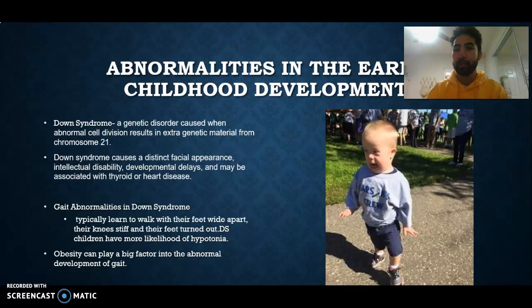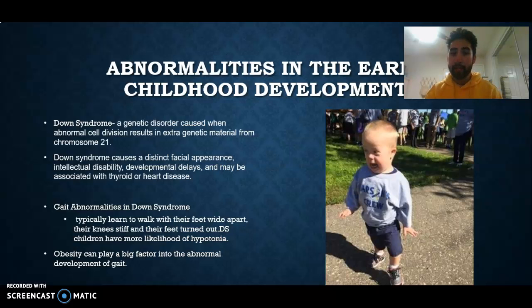Abnormalities in early childhood development. I chose Down syndrome because it's a common gait abnormality among early childhood. Down syndrome is a genetic disorder caused when an abnormal cell division results in extra genetic material from chromosome 21. Down syndrome causes a distinct facial appearance, intellectual disability, developmental delays, and may be associated with thyroid or heart disease. Gait abnormalities are very common in kids with Down syndrome